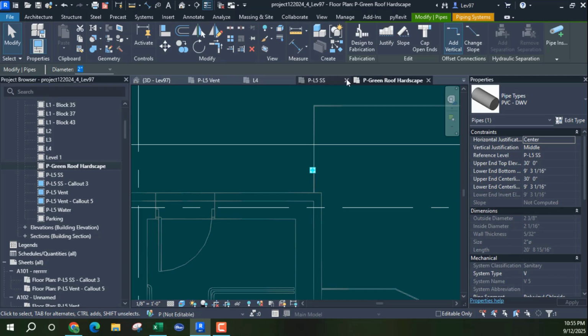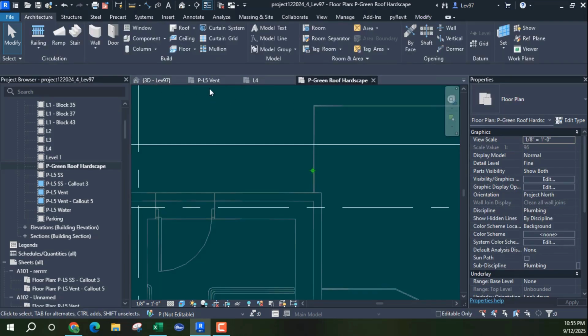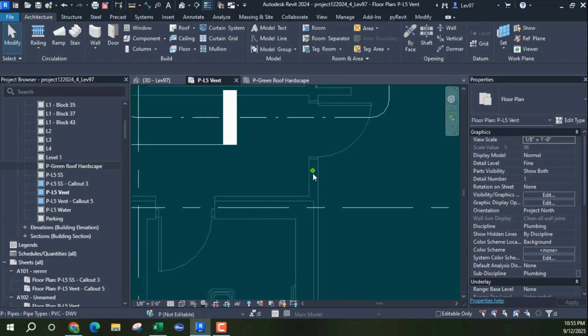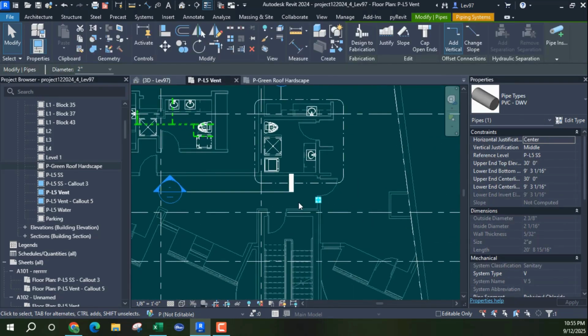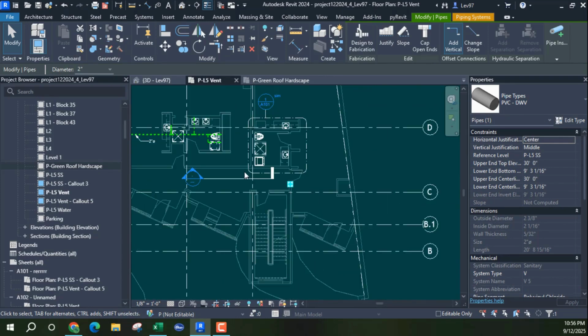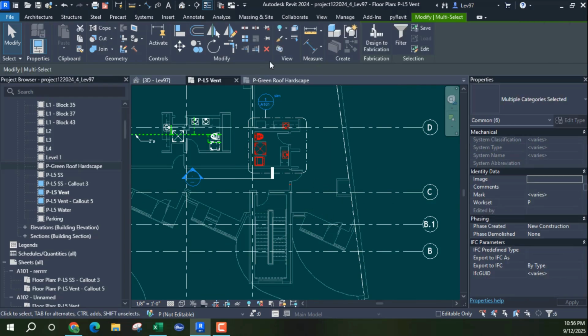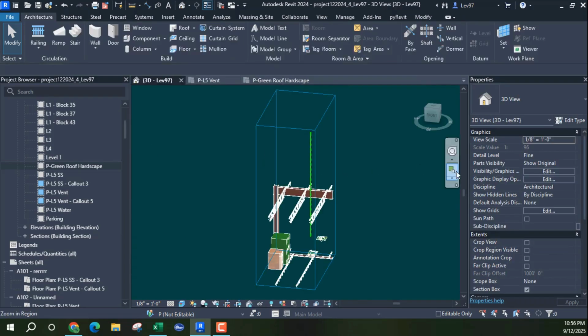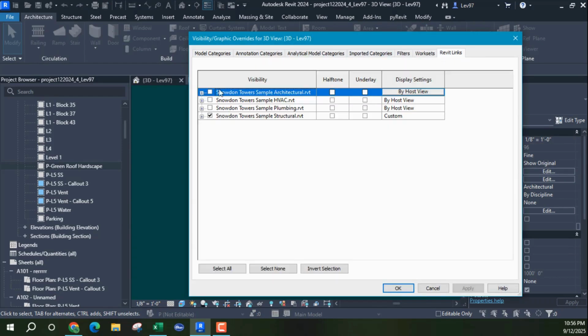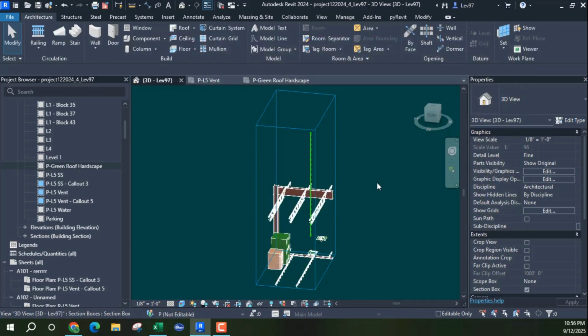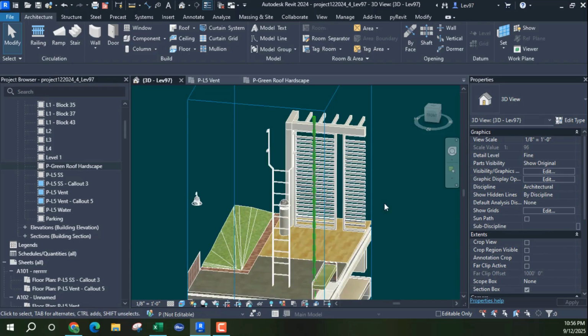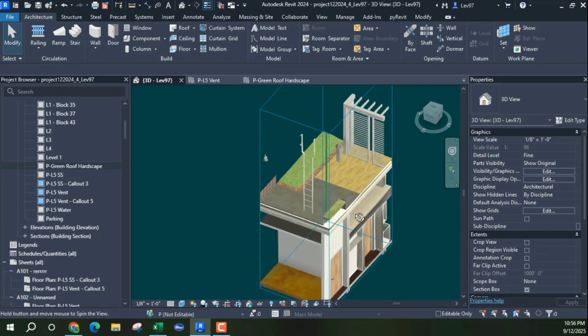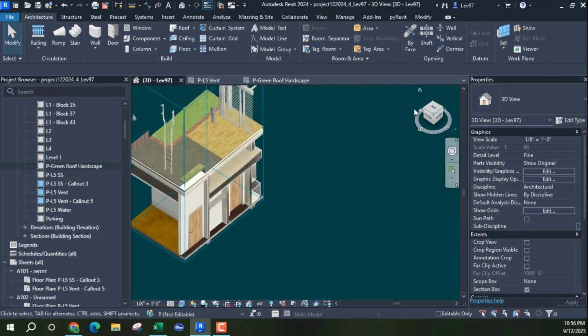Let's turn off that one and this one. Okay, so we have our vent system. This is the same, but if I come up through the floor here, we're going to make a 3D view of this so we can see what's going on on the floor plan or on the roof, or how the vent is coming up through the roof. Okay, so I'm going to turn on all the architect stuff, and we're going to keep an eye on this green pipe. It doesn't look like it's in a good location,